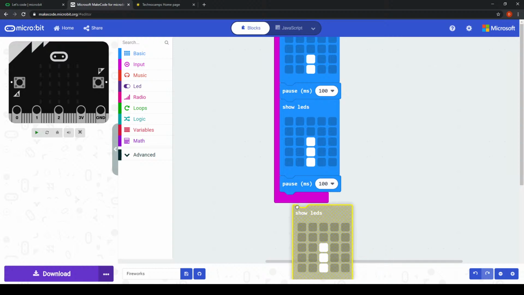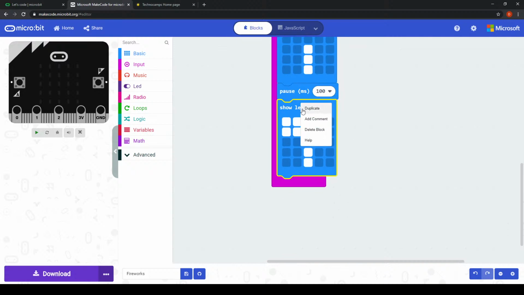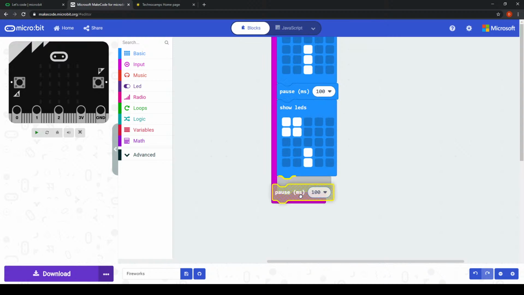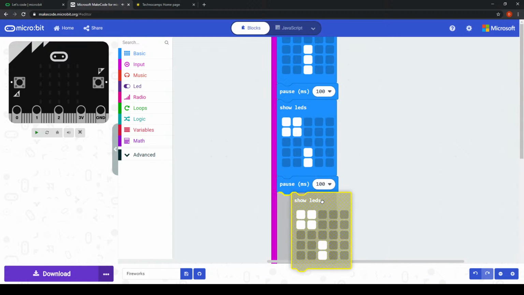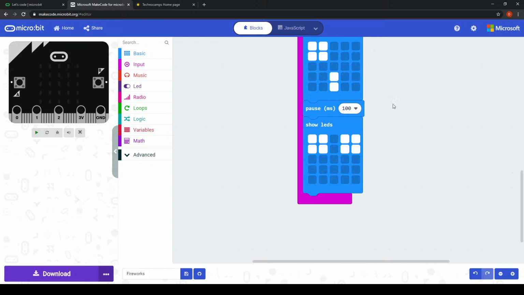And then once again, I'm duplicating the LEDs. Now in this case, what I might want to have happen is I might start having its sort of launch trail disappear. Actually no, instead of doing that, let's start having the fireworks exploding in the sky. So I might do something like, I don't know, let's just say something like that. Okay, and then maybe in the next block, so again I'll duplicate the pause. Maybe we'll have something like that. Okay,